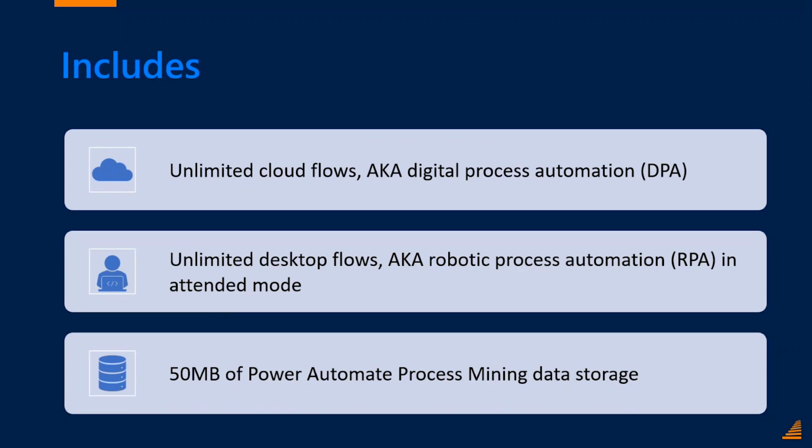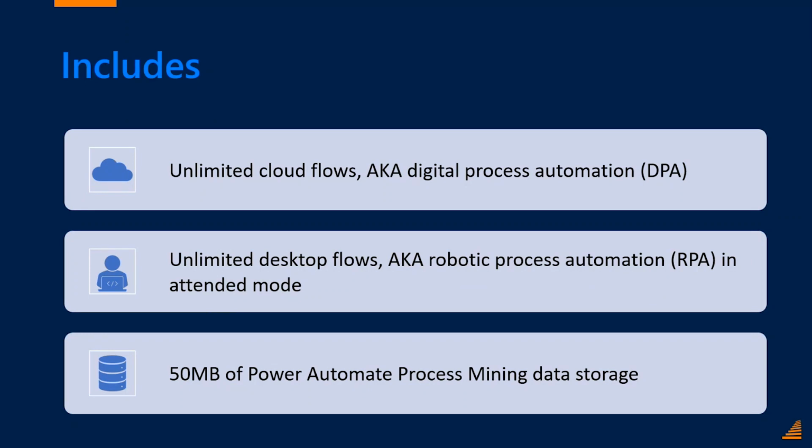So you find all those extra clicks, different things that they do without thinking, and build the process based on what's actually happening. So within this Power Automate Premium, you get 50 meg of data storage for that, and we'll